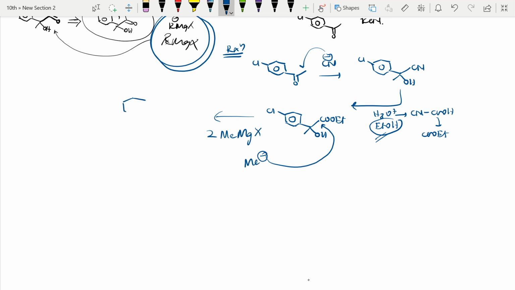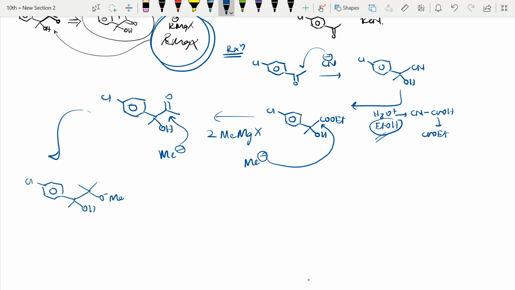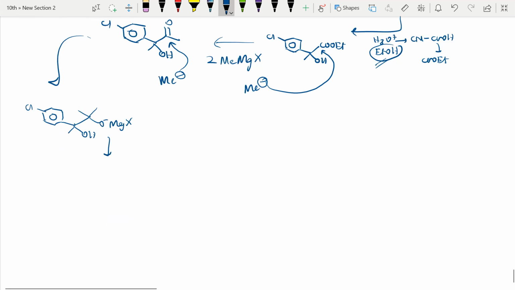Let me write that. I can write directly, but for time being, let us see that. So CO and methyl, so it became ketone. Further, one more molecule of methyl is there. When it adds, it will convert into alcohol. See here how it will convert. So chlorine will be here, and here OH, and here one methyl, second methyl, O minus MgX. If water is there, this will be converted into our target molecule. We just quench it in water, these products which we get.